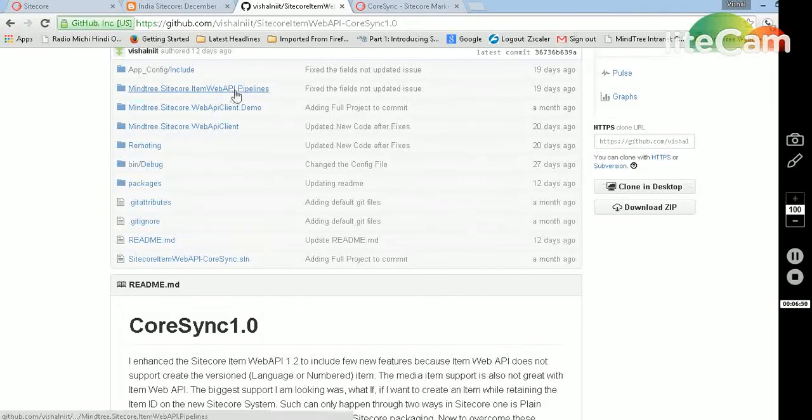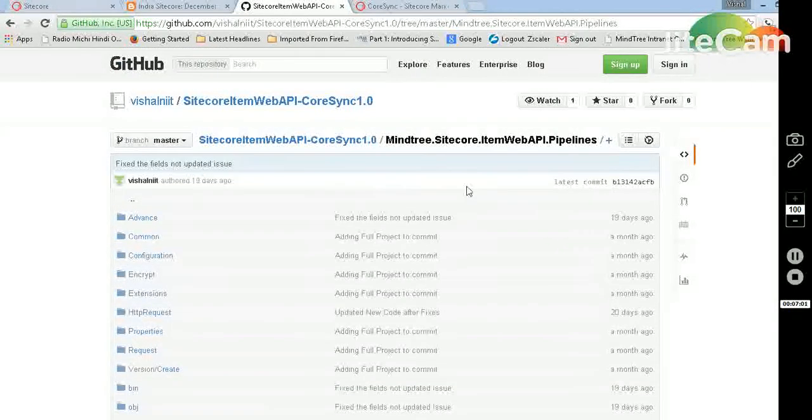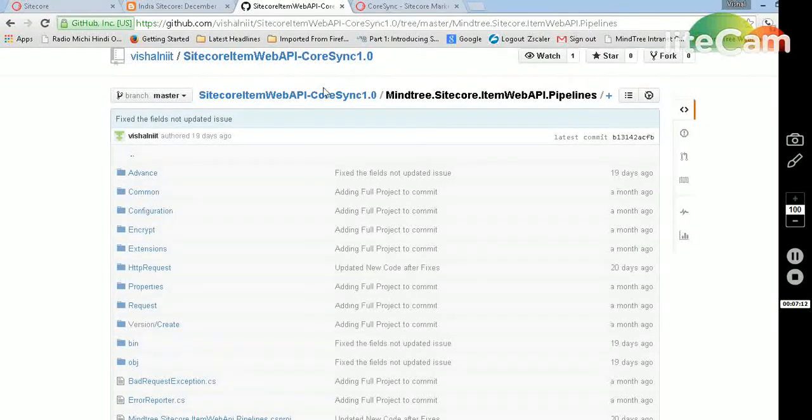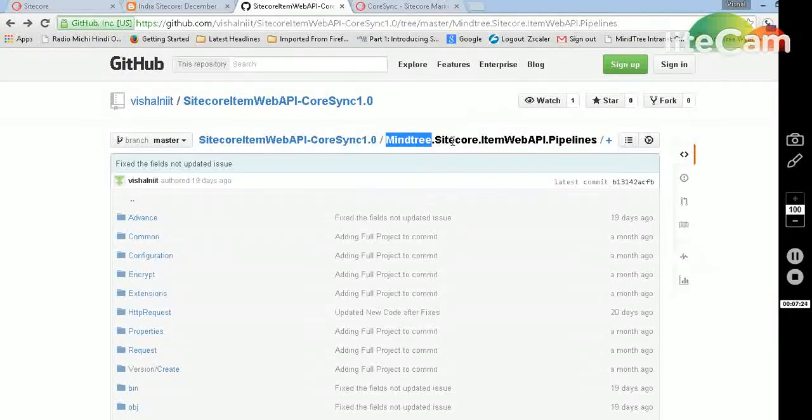There is this library which indicates that I have to do something. Let me click on it. Okay, it's loading. Yep. So this makes sure that it has basically all kinds of customization to Item Web API. And here the namespace, as it suggests, comes from my company, so I am working here right now, and this is an initiative sponsored by my company. This is of course open source, you can go and have it.